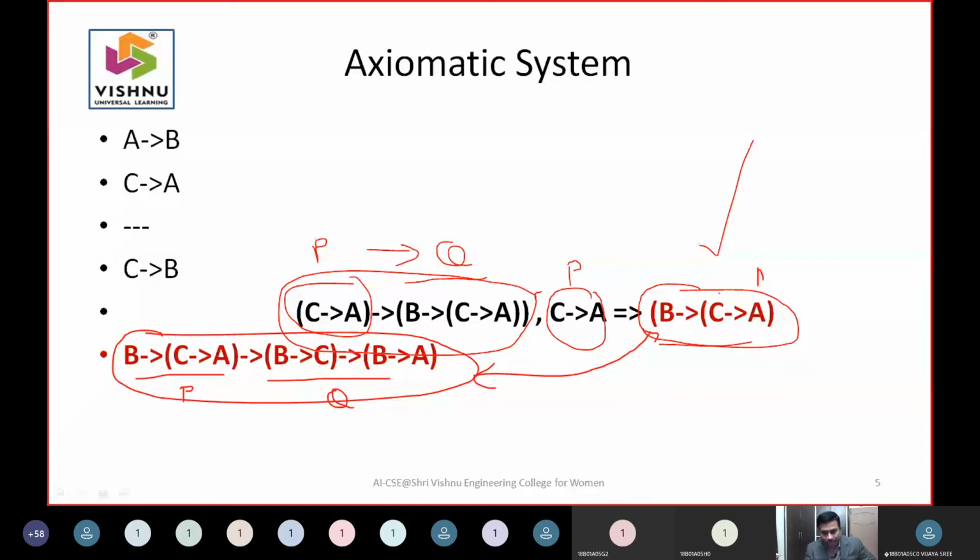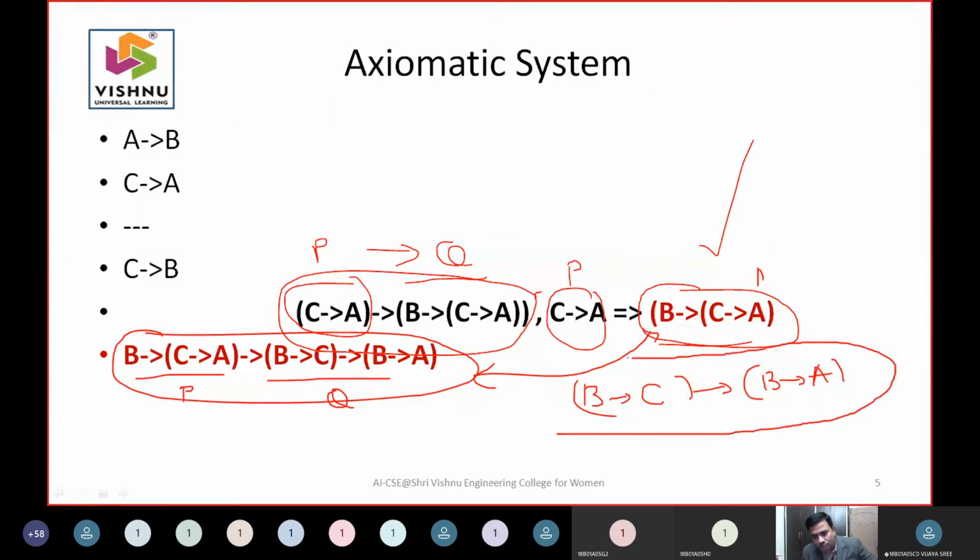So if you apply the same procedure, you get B to C, and you will get B to A. Is it right? So if you get this part as your output, can you proceed further?